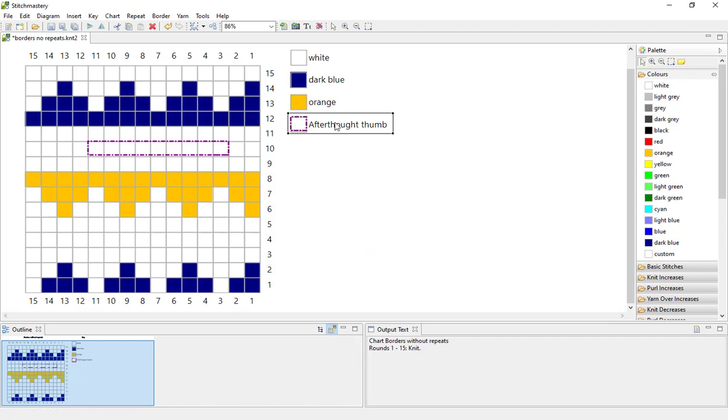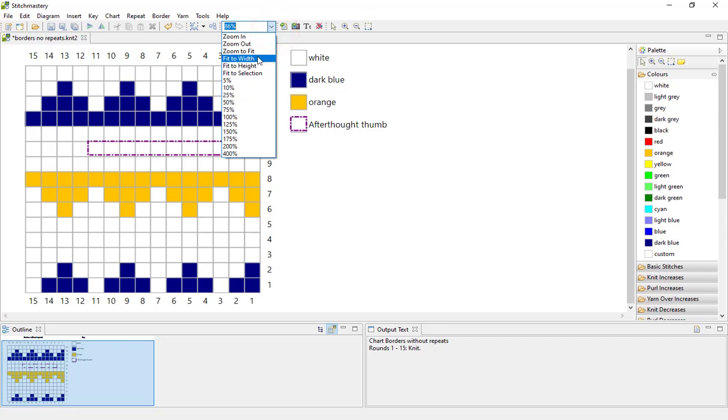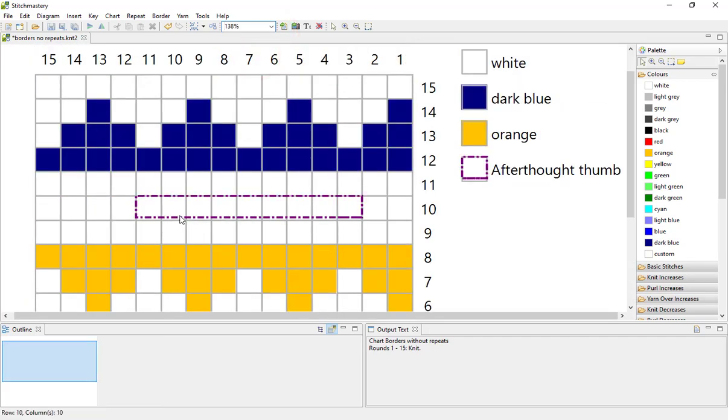And as you can see, in fact we'll just come to fit to width so that we're slightly closer in. As you can see, our border lines are mostly over the grid lines exactly, but on the south side we're slightly above the line. And I mentioned that I would explain why that is useful. If you have a scenario where you have two sets of stitches side by side that are in different borders, you're going to come into some problems if your border lines are all set to the default 1, because they